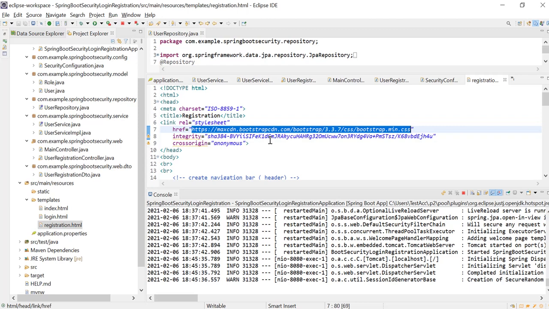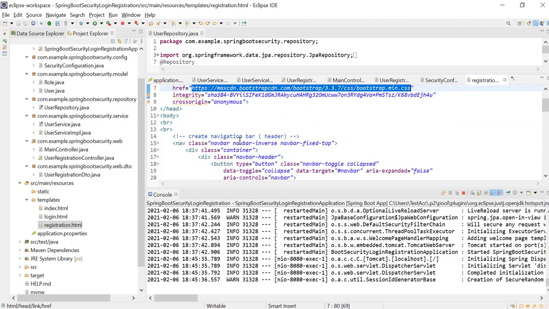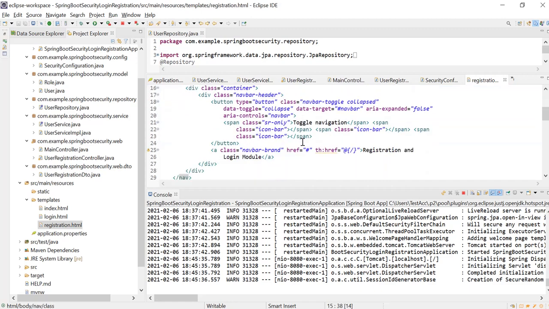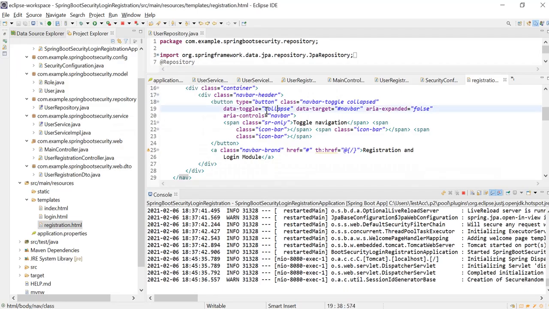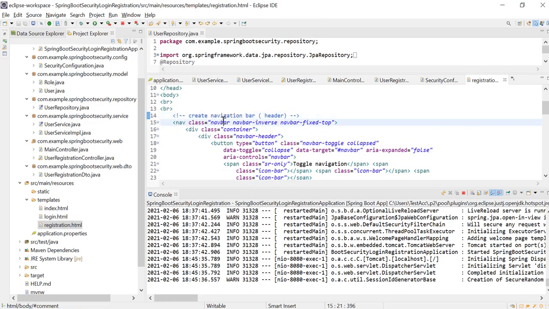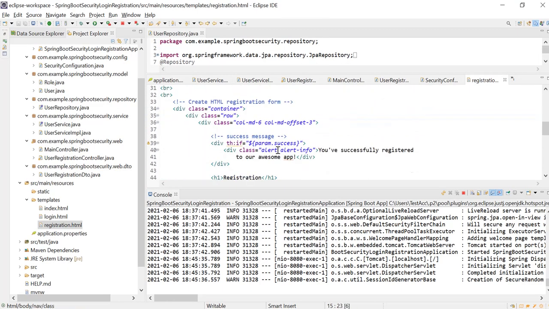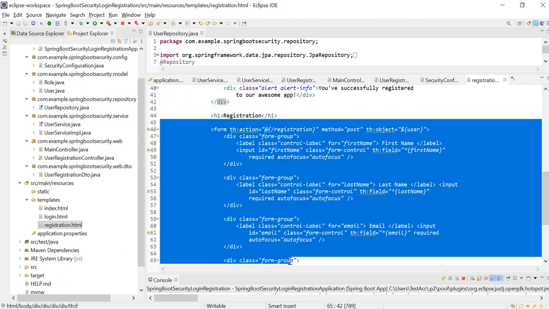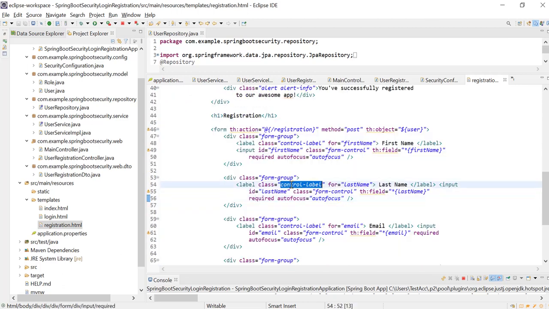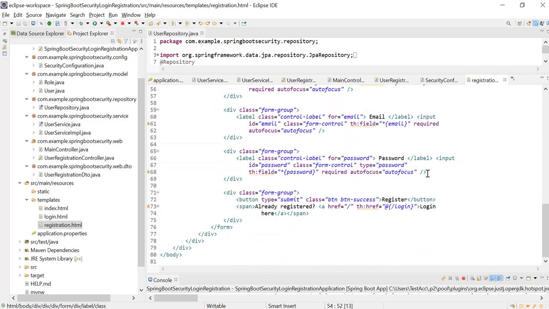This CDN link is available on Bootstrap; you can get it from Google. I have used this navigation bar from a Navbar website, and this is the simple Thymeleaf form login, available in the Thymeleaf Spring configuration.